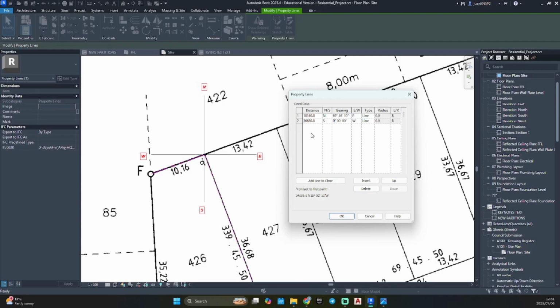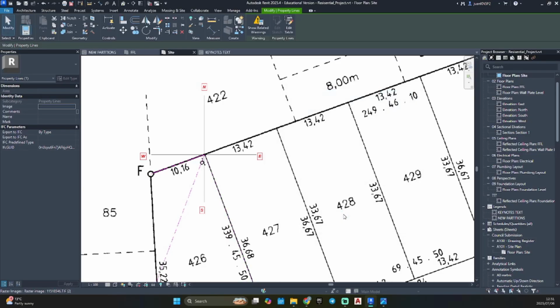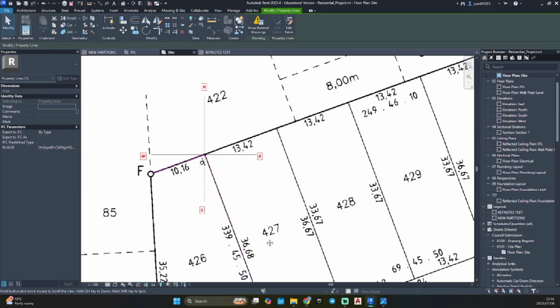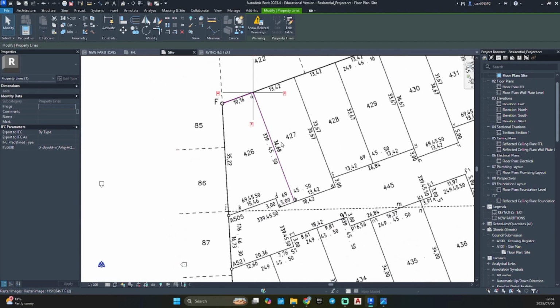So now, once we have done that calculation, I'm going to enter 20 degrees, 15 minutes, and 10 seconds. And just hit OK. Supposed to be east, not west. And there is our second line.